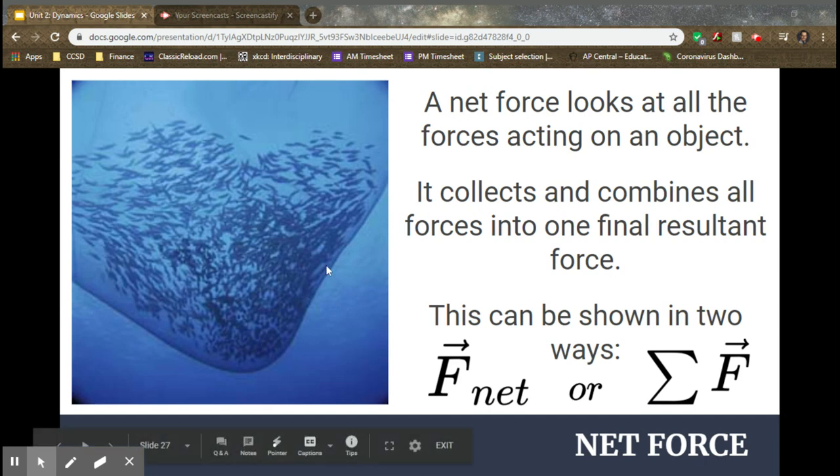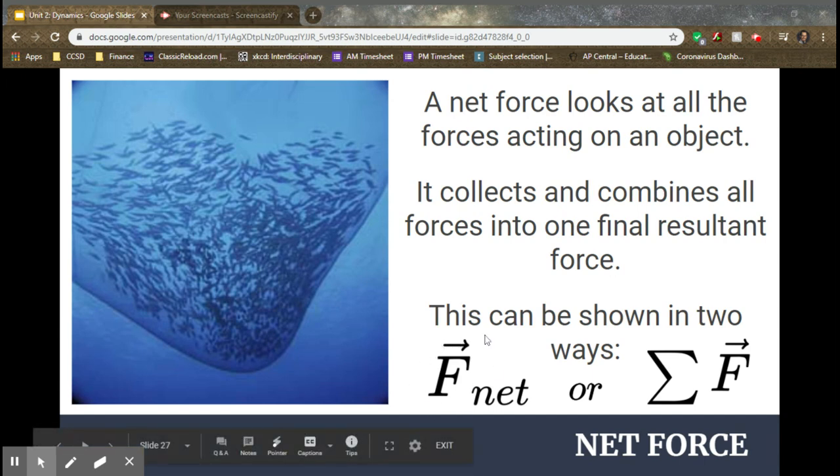So in this picture, we can see all these fish are being gathered together into one lump, one total amount of fish right here. All right. Net force is very similar. It collects and combines all of the forces. So instead of collecting and combining fish, we're collecting and combining forces, and we're going to get one final resulting force. Common ways that this is denoted is a capital F